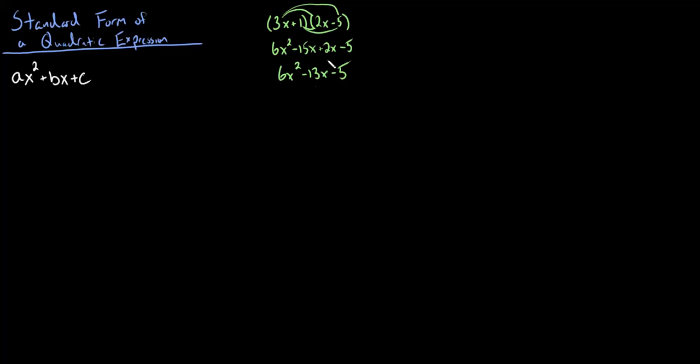So factoring is undoing this multiplication. So being able to go from 6x squared minus 13x minus 5 back to 3x plus 1, 2x minus 5,